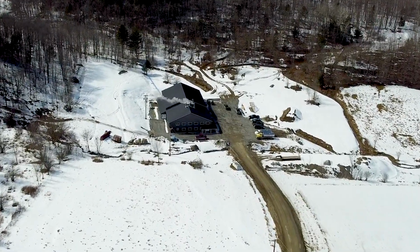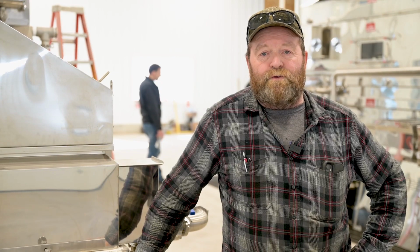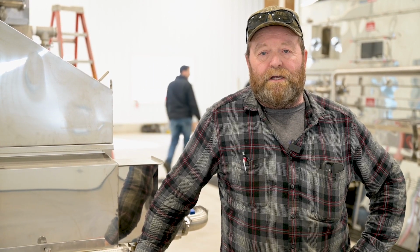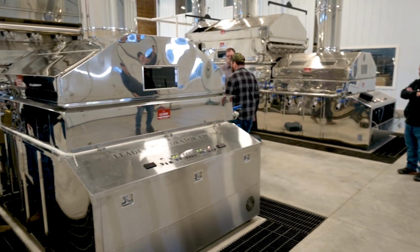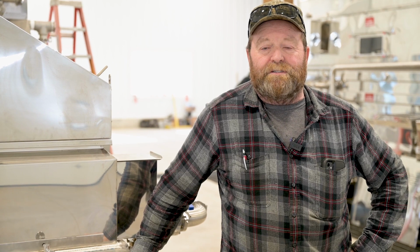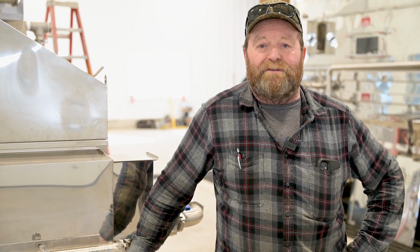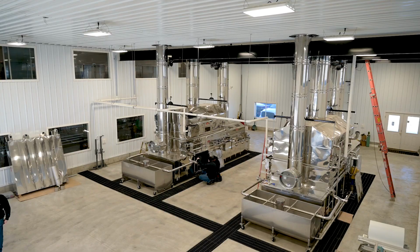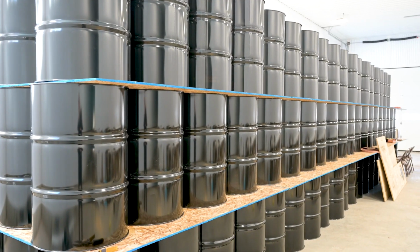where we can handle the capacity that we're at and more. So now we have two evaporators side by side. I did have two evaporators before, but they were 5 miles apart. So this is going to work a lot better. We'll have capacity to put the sap through on time and maybe get home at night. That's the goal. It's a big building, but if I move all my storage in and I need room for